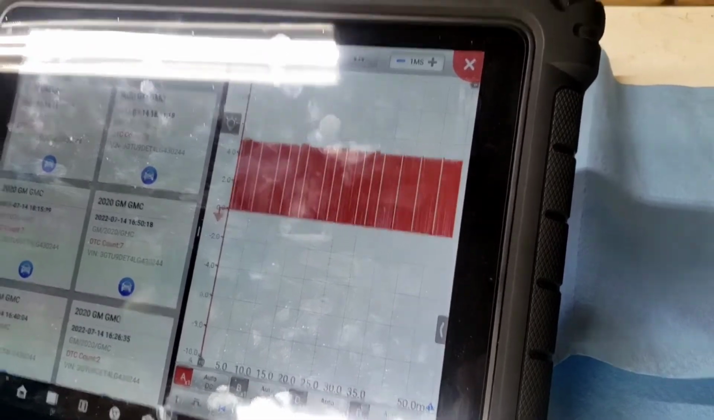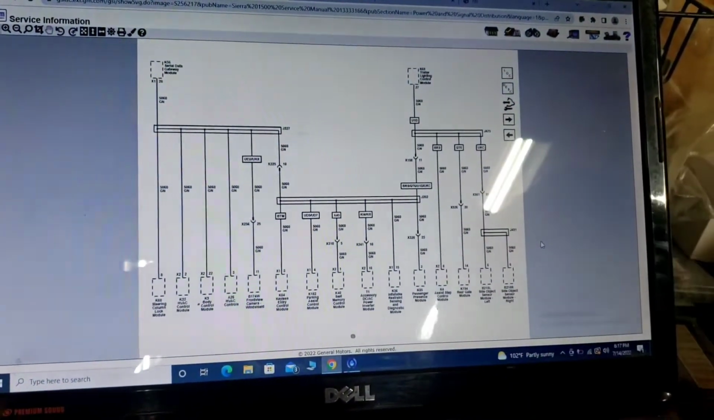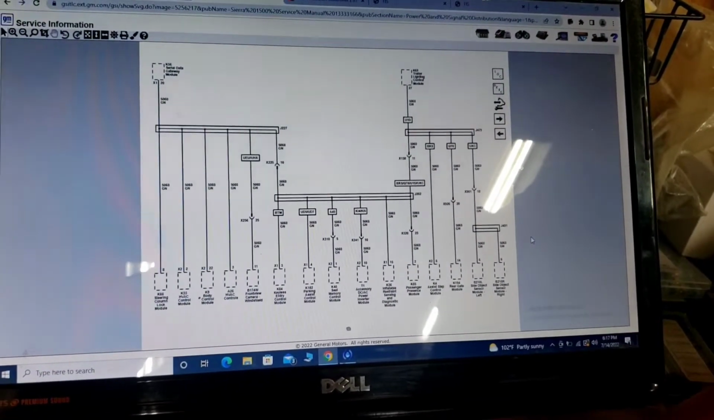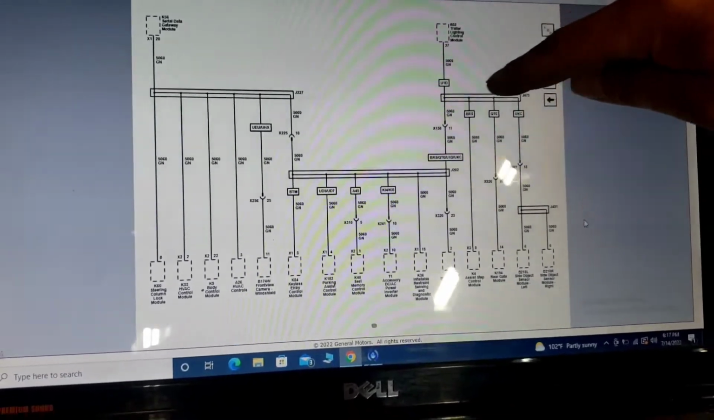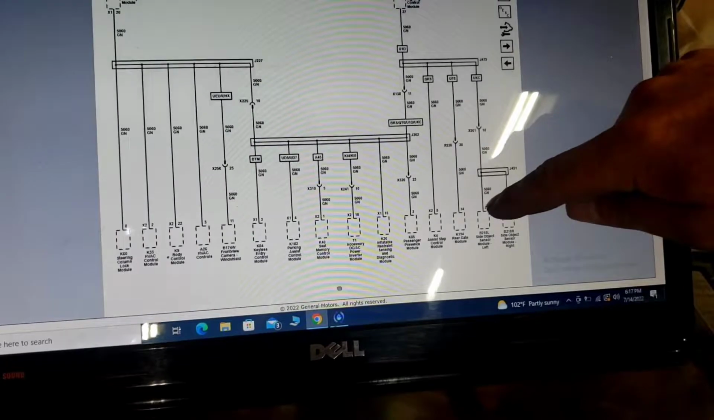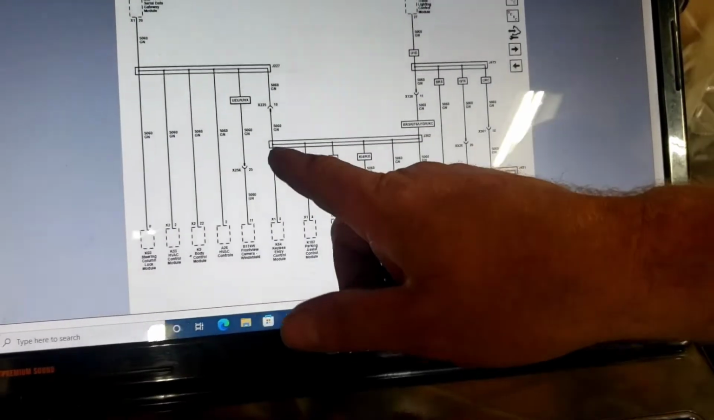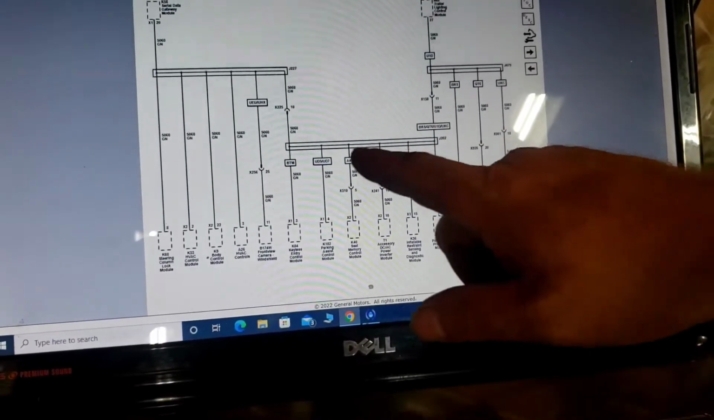Go back to the schematics. So I disconnected it here. It didn't change nothing. So when I disconnect here, it takes this out and this bar out and these right here. And it didn't change, so it's not these. So it's telling me, if I'm looking at this right, it's this bar, which is behind the radio,